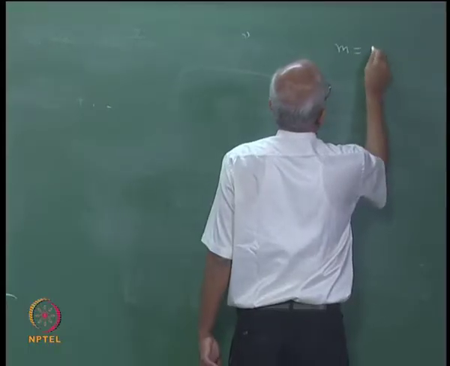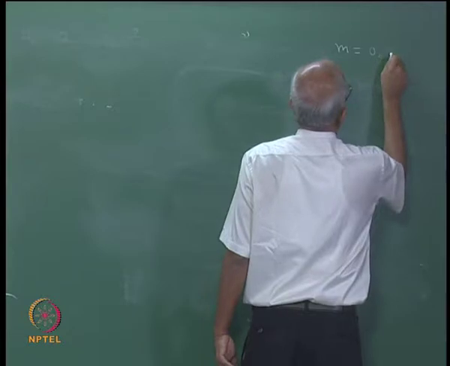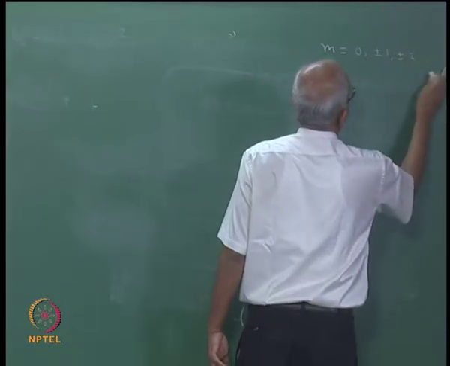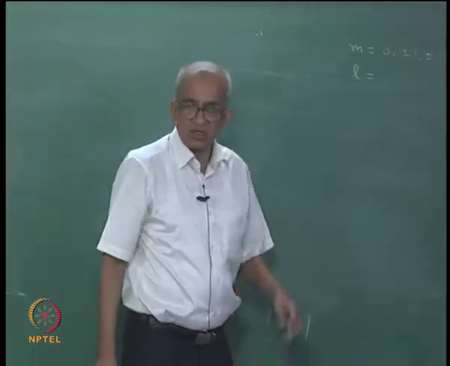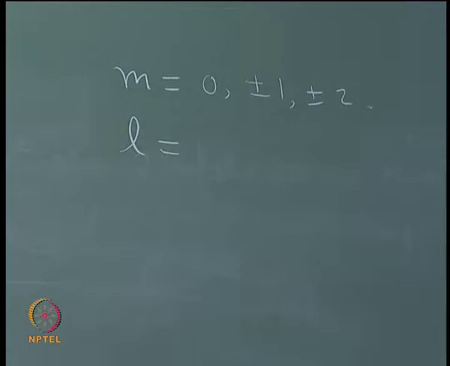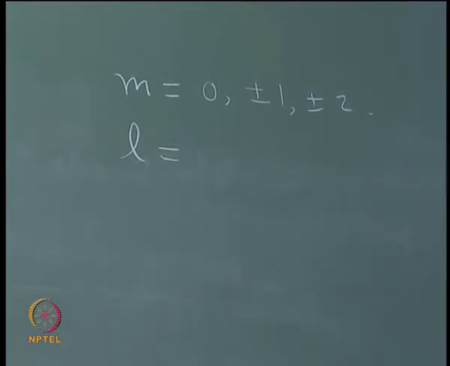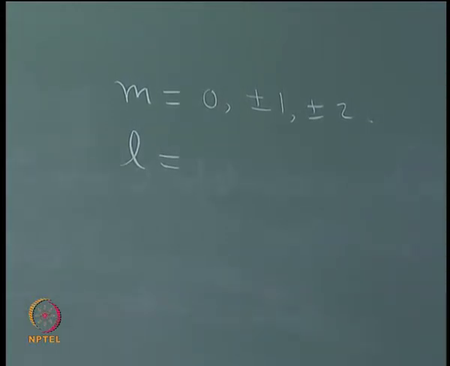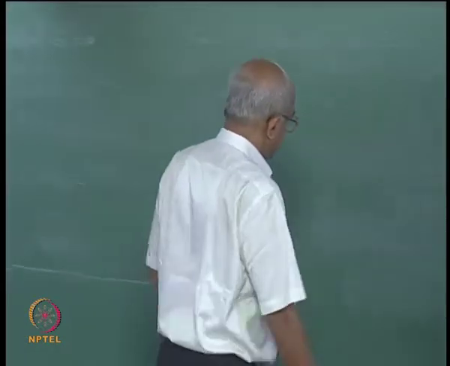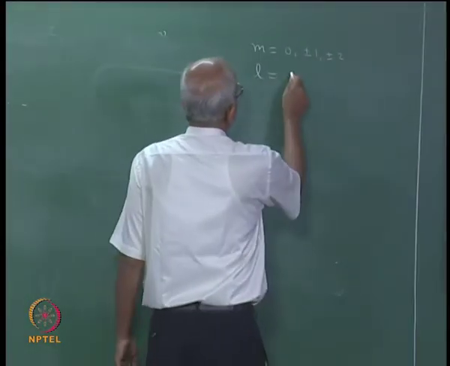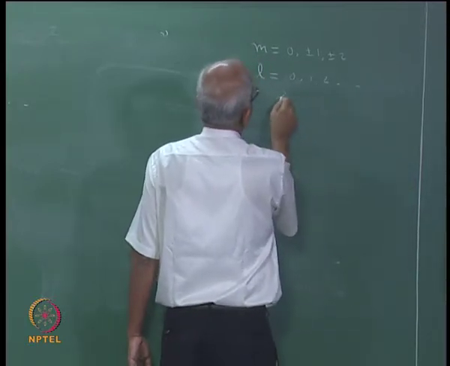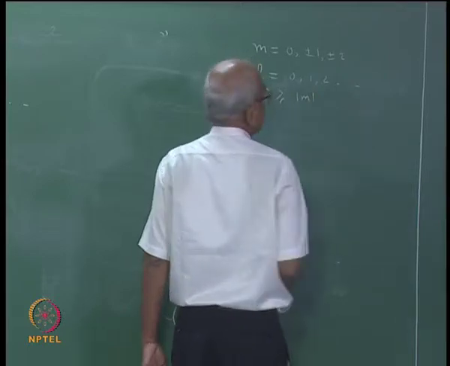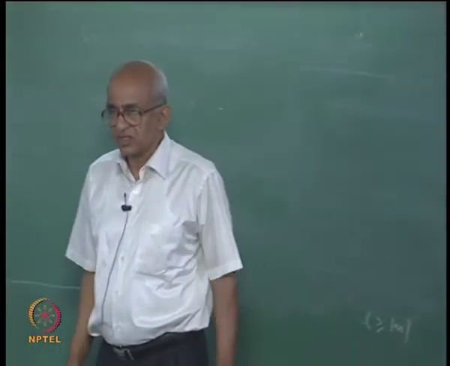So, till now we have got two quantum numbers. The first was m, which can take the value 0, plus or minus 1, plus or minus 2, etc. This first one was obtained when we solved the equation for capital phi. Then, when we solved the equation for capital theta, we found the next quantum number L, which may take on the value 0, 1, 2, 3, etc., but it has to satisfy the condition that it has to be greater than or equal to m. These are the things that we have found.